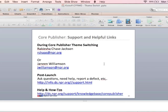Rakisha Chase Jackson is rchase@npr.org. Janine Williamson is jwilliamson@npr.org. We will be adding additional how-to documentation throughout this cycle, so you have that as a reference once you're